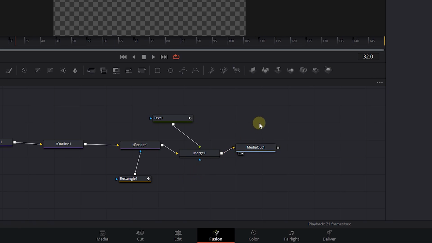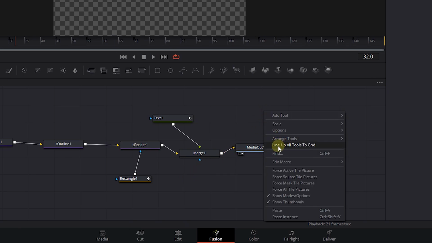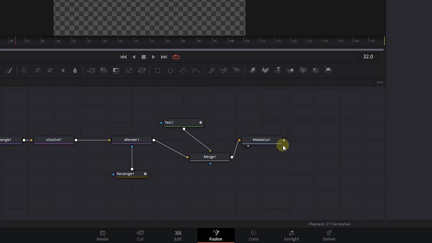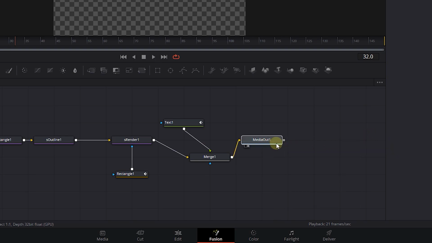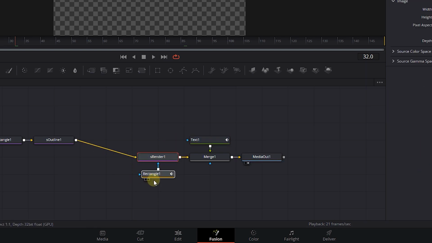One thing you can do is to right-click anywhere empty and select Line Up All Tools to Grid. This will move each node to the nearest grid it finds. Right-click and select Arrange Tool to Grid. Now by dragging a node, it will automatically attach the node to the grid and it is easier to organize